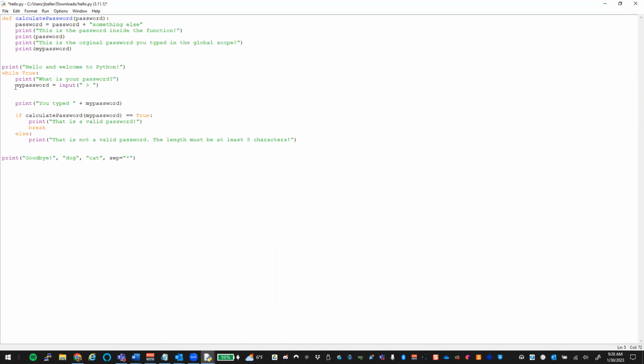So if we look at what this is doing, we're taking this variable of my password, we're setting that inside the global scope. Then we're going to pass that into this calculate password function, which we see here. Note when we call this, we are passing in whatever variable. When it gets up into this function, we are now assigning that to the variable password, in which case we're going to take that password and add the string something else to the end of it. And then we're going to print out that new password, but we can still print out the original password by going out and grabbing that variable from the global scope. So if we run